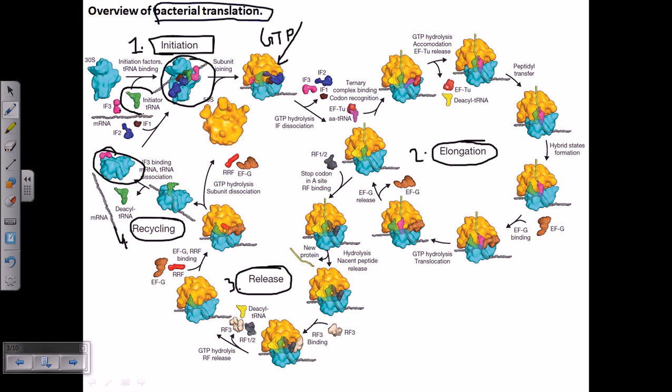Remember, I forgot to mention, at the very beginning of the initiation complex, there is an initiator tRNA that binds to the P site of this particular 30S subunit. Remember, IF3 blocked the A site, and the exit site is always free, because the exit site will be the last part of it. So the initiation factors are blocking the A site and E site of this 30S subunit, but the P site is the only free site for binding of tRNA. For that reason, the initiator tRNA, or the first tRNA, binds to this particular P site.